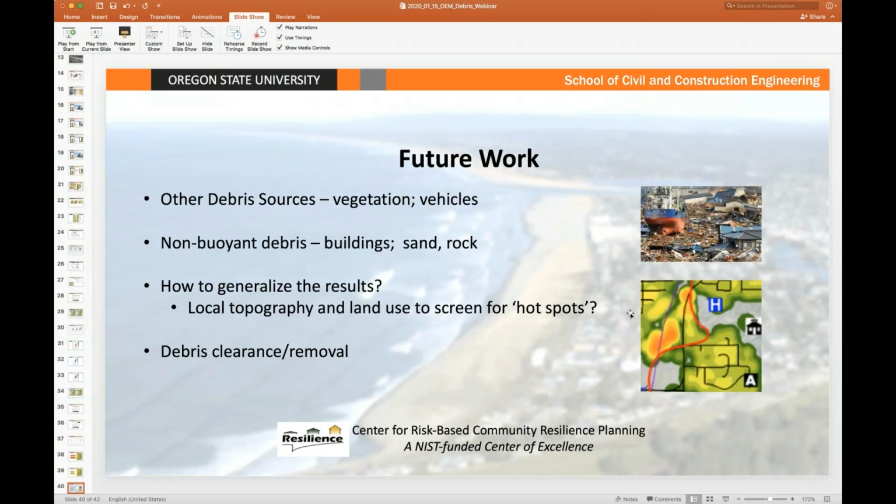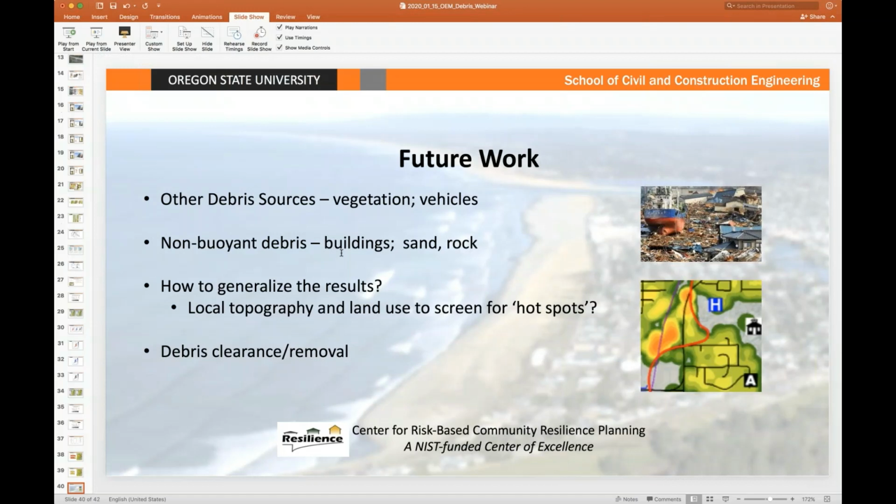Even sand, even though it doesn't float, still a lot of sand is moving around. Like in Hurricane Sandy, there was a lot of sand that had to get pulled off of the roads before people could go in for recovery. So looking at other debris sources, whether it's buoyant or not buoyant,